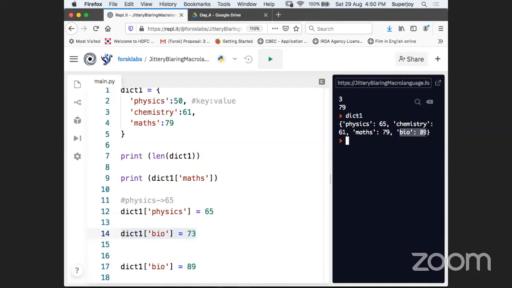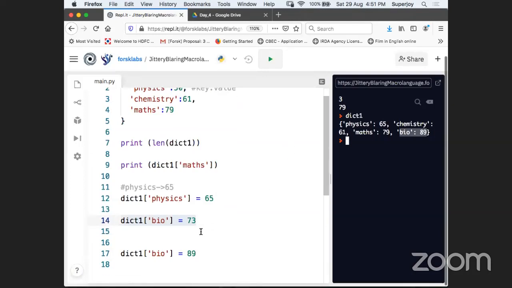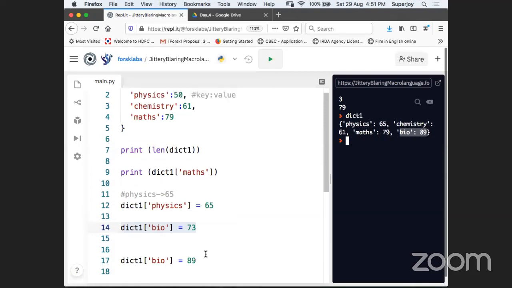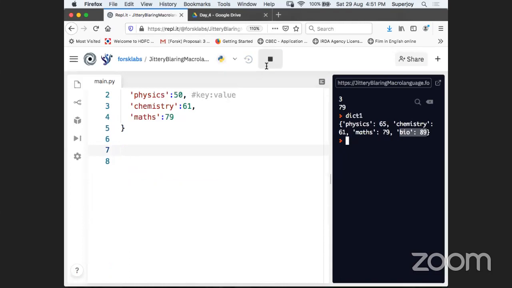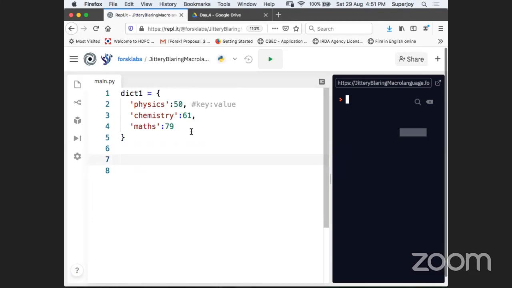Okay. Now, guys, other things as well. Let's remove everything for now. This is our dictionary.